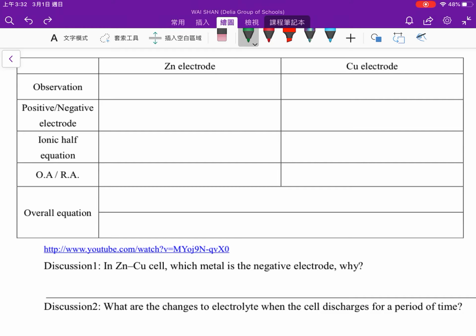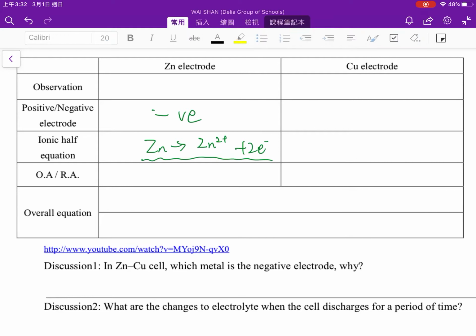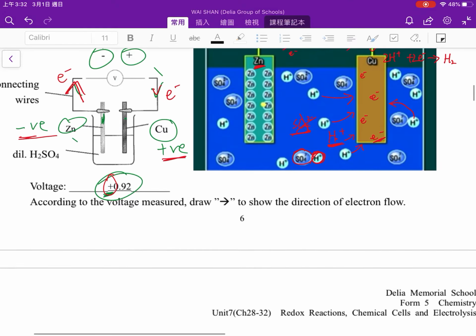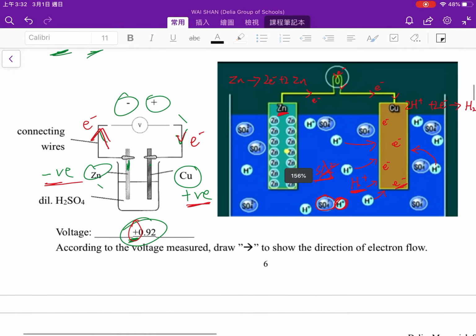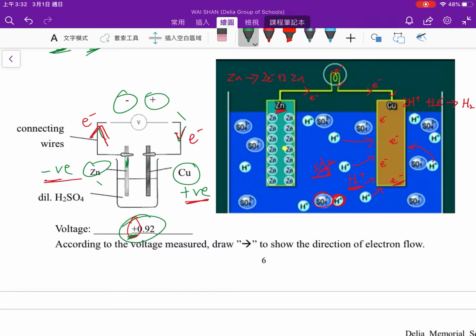On the zinc electrode, zinc will lose its electron, because the electron is coming out from there, so we know that it's the negative electrode. And for the observation, because zinc is losing electron and becomes zinc ion, so the zinc ion,